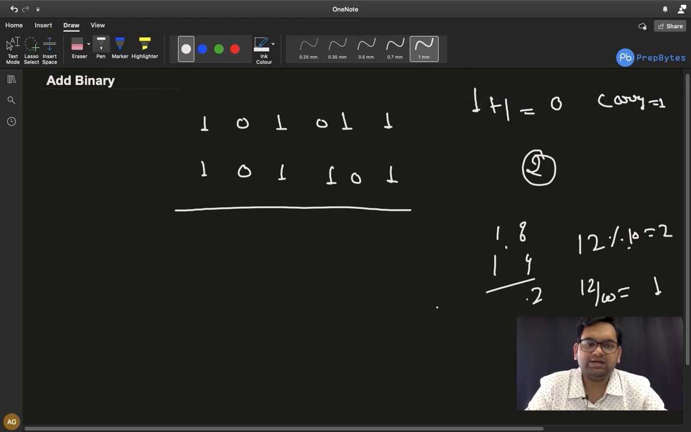Similarly here base is 2, so we mod with 2. 2 mod 2 is 0, so 0 will be in the result, and 2 divided by 2 is 1, that is the carry, 1 will be in the carry. In each iteration we sum our carry and our numbers. If the sum comes out to be greater than 1, because the answer can be either 0 or 1,